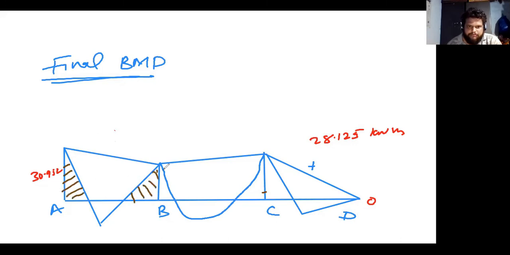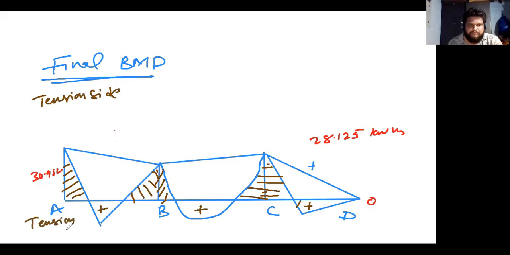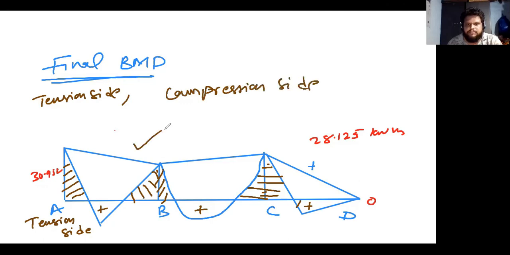So this is the negative reinforcement. Again, this diagram is also valid. Okay, so that is your choice, however you want to draw it. So this is positive side, this is positive, and this is also positive. So this we will be calling the tension side. So this is how you can draw diagrams on the tension side, but conventionally what we will do is we will be drawing on the compression side. Either you can draw like this, or otherwise you can draw whatever we have seen before.